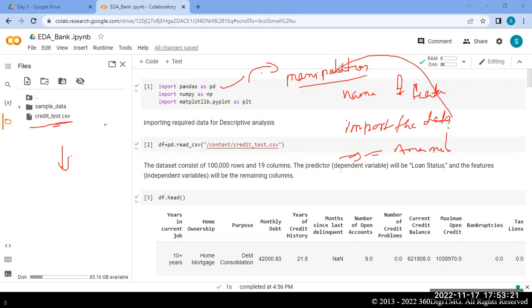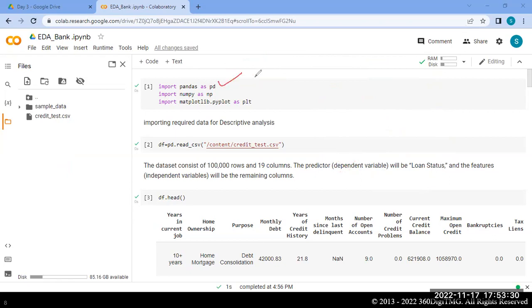All the changes you want to make on the data frame are possible using pandas. Even importing the data needs pandas.